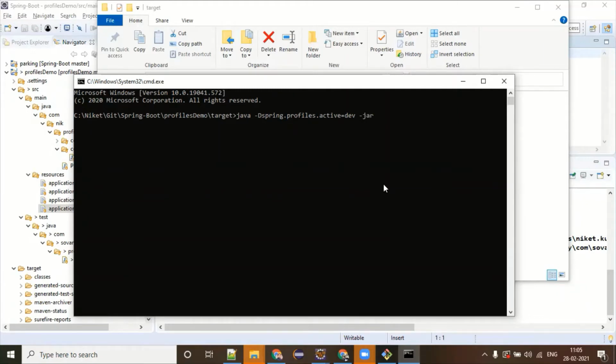Java -D, Spring.profiles.active. Is a space required after -D? No, I don't think so. A space is not required. Profiles.